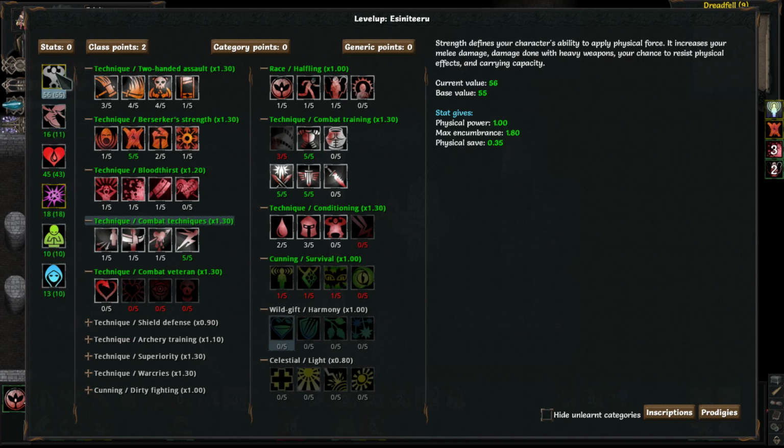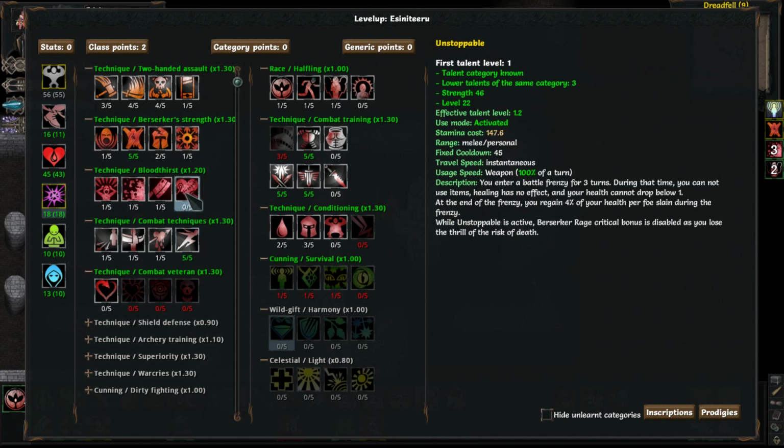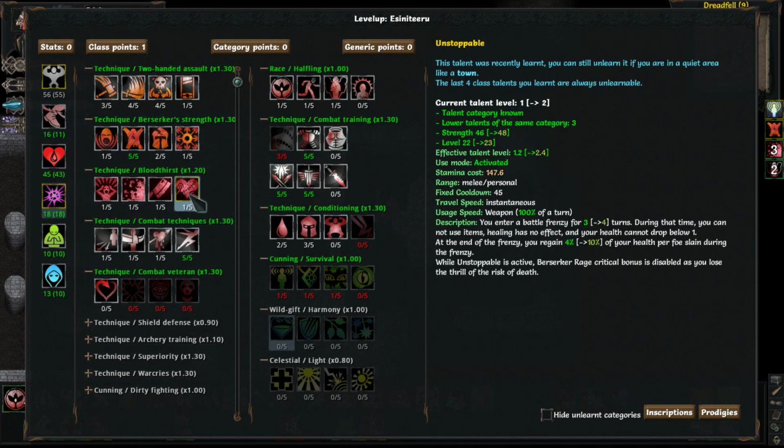When you get max level, you'll have the ability to have maxed out 2 stats and gotten a third pretty high, so that's kind of what we're going to do. We're going to take Unstoppable, of course. This will make us unkillable for 4 turns if we put another point into it, which I guess we will. Oh, it costs 147 stamina. That's a little bit